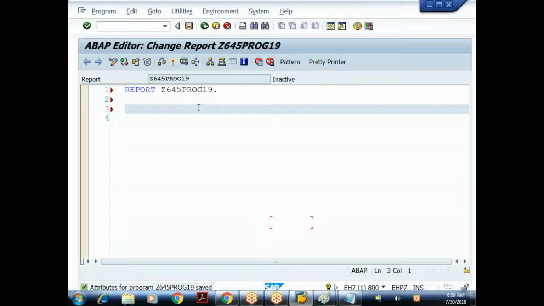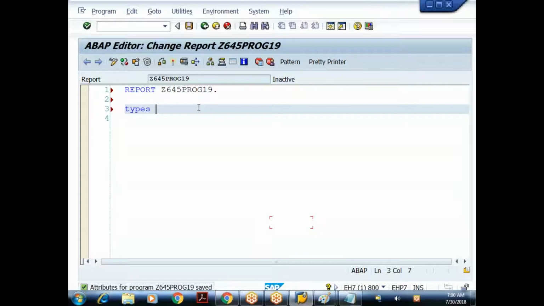Similarly, here also, the internal table can be declared in many ways. First of all, let us directly go to the standard way, the recommended way, or the latest way to declare internal tables. There are some old syntaxes also which are obsolete, which are suggested not to be used. In the future versions we should not use it. So directly we'll focus on the recommended way to declare the internal table.